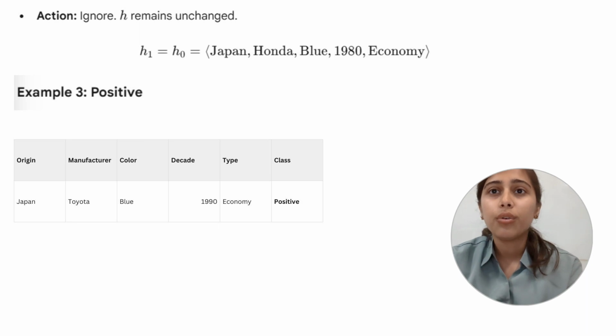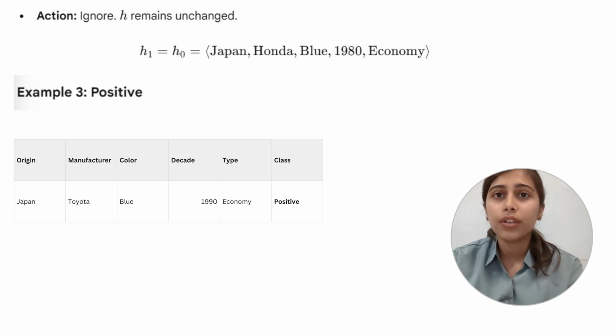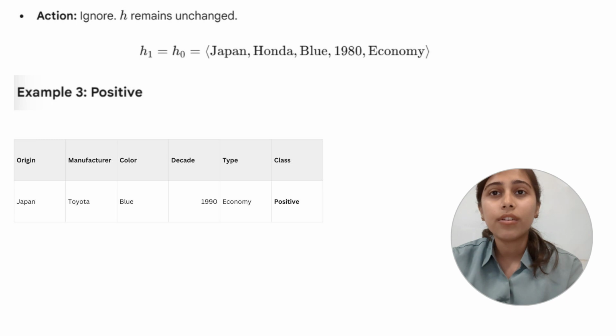Now see the third row where the class is positive. So we are going to consider that example. It has values such as Japan, Toyota, Blue, 1990, economy. As we can see, the Japan value is the same. The Honda and Toyota values differ from each other, and the blue color is the same, and the years also differ, as in the previous hypothesis it is 1980 and in the current example it is 1990. So comparison, H